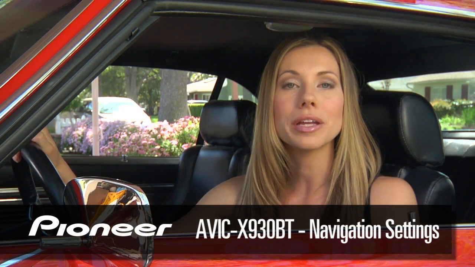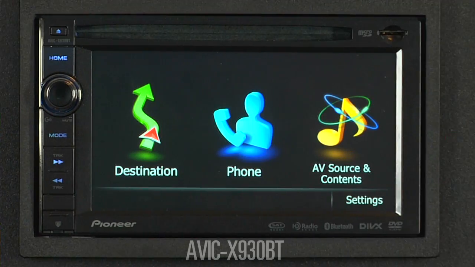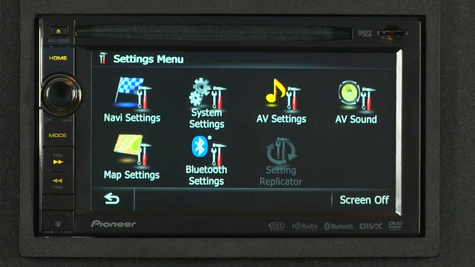The AVIC-X930BT is a full-feature navigation unit. Let's take a minute to look at some of the settings. So once you've had your AVIC-X930BT professionally installed, let's take a couple of moments and we'll go through the navigation and the map settings. We get there by touching the setting menu from the home screen, and here are our